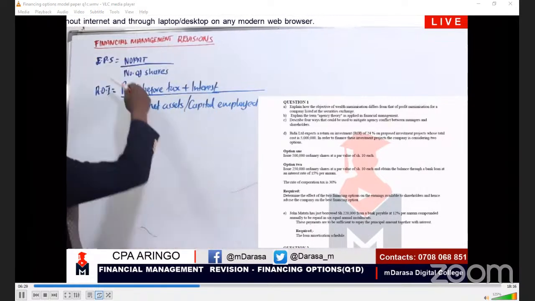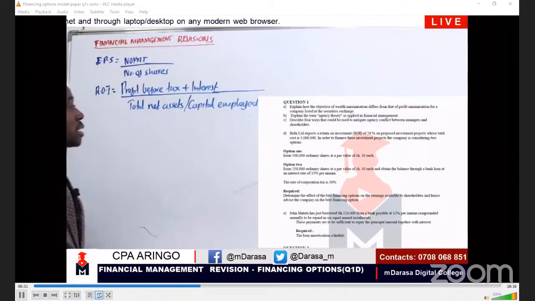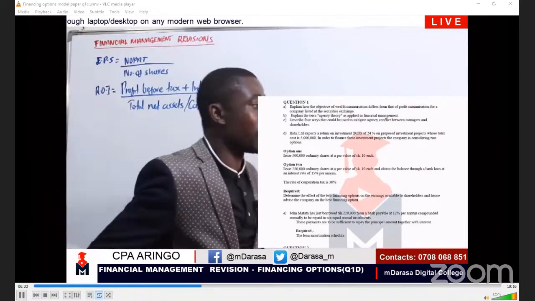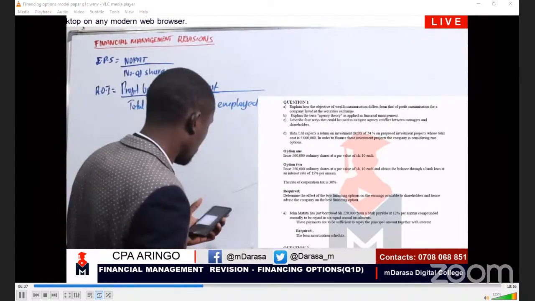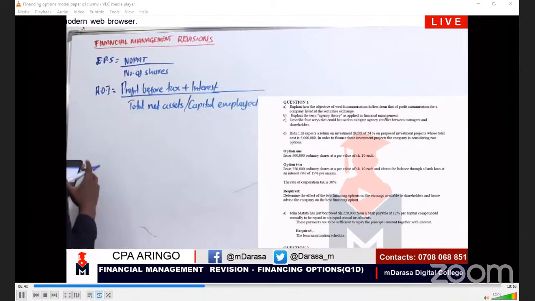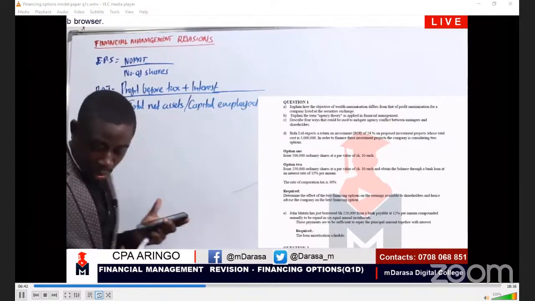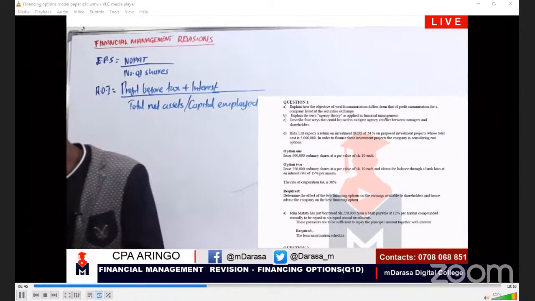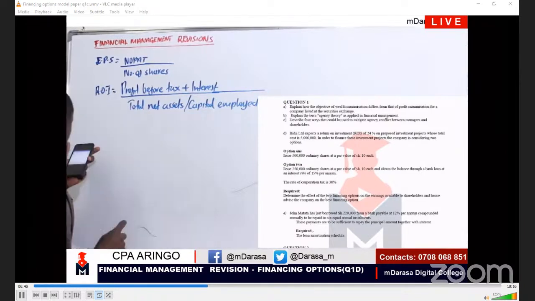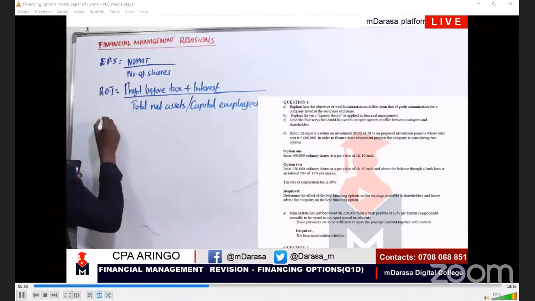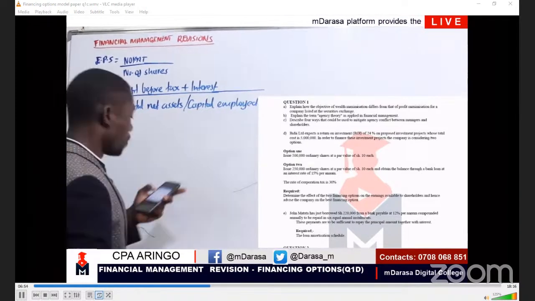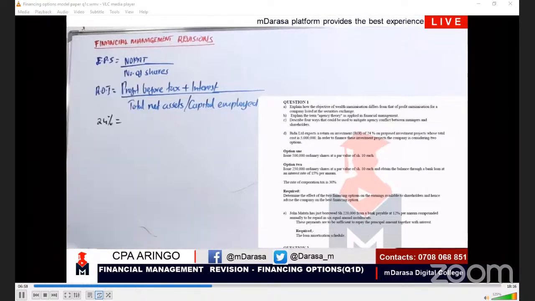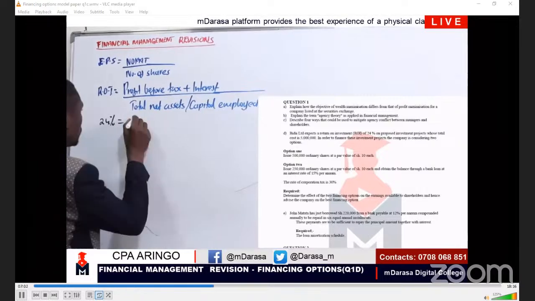Look at this case. Because you know very well that in advising, we should always be focusing on either EPS or return on investment. You'll find that our good examiner here has given us our return on investment. He has given us 24%, right? So we can take 24%, with that is what I'm given, into what? Profit before tax. I'm not given profit before tax directly, so in this case, I don't have profit before tax.